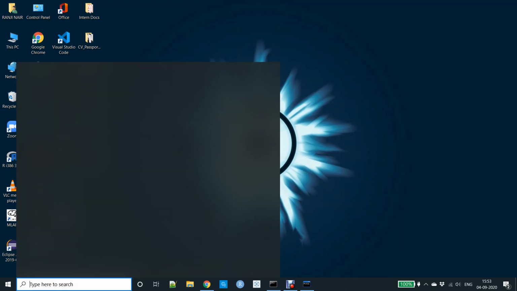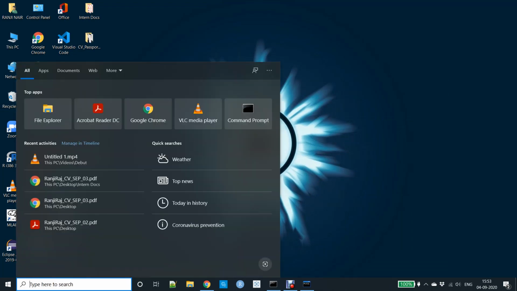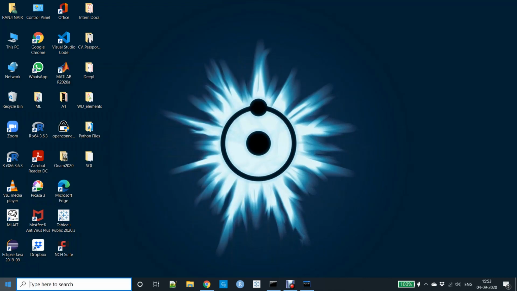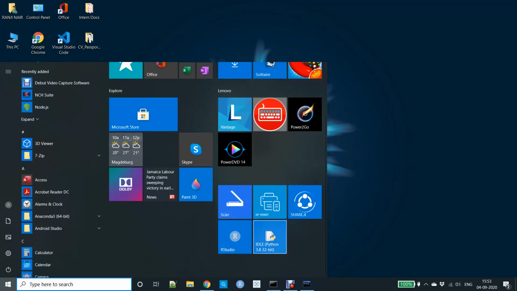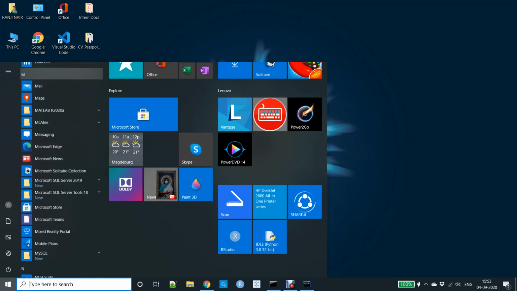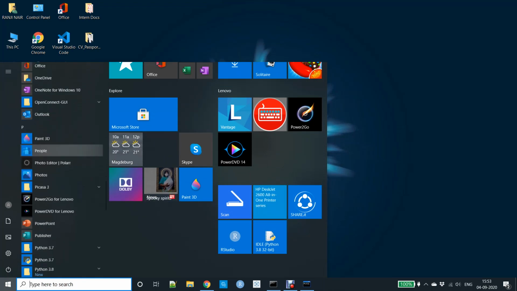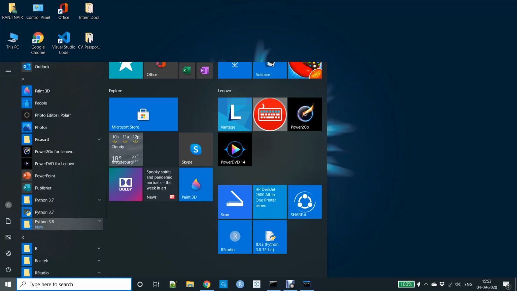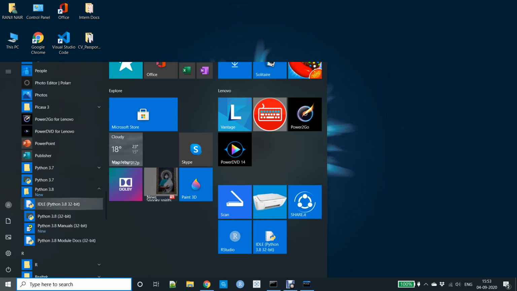So where do we write our Python script? That is written in the Python interactive shell. This is IDLE, ideally. Whenever you download Python, you basically get something like this: a folder, and inside this you get IDLE, 32-bit or 64-bit.